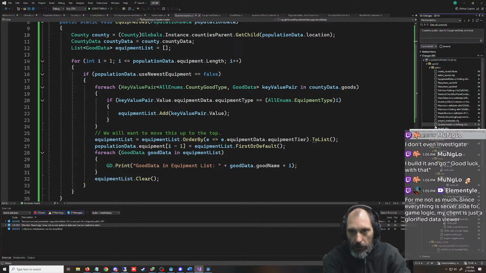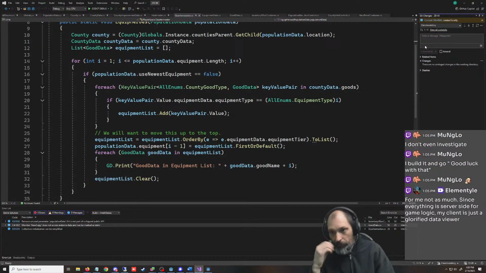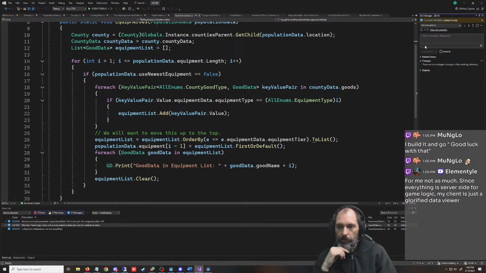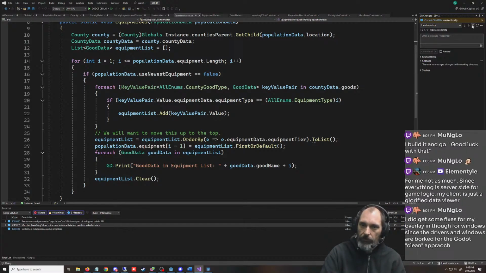Moved equipment handling to the quartermaster script, to a new quartermaster script. This shouldn't be a capital. We're going to commit all of this, and then we're going to push.